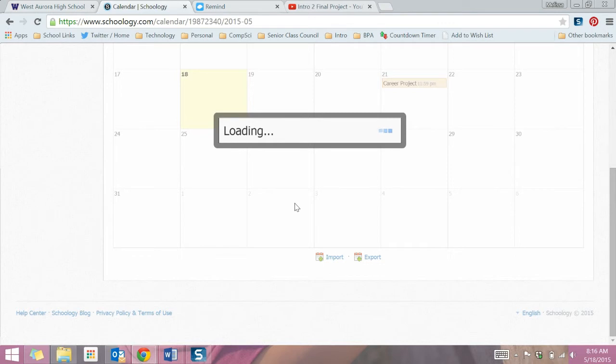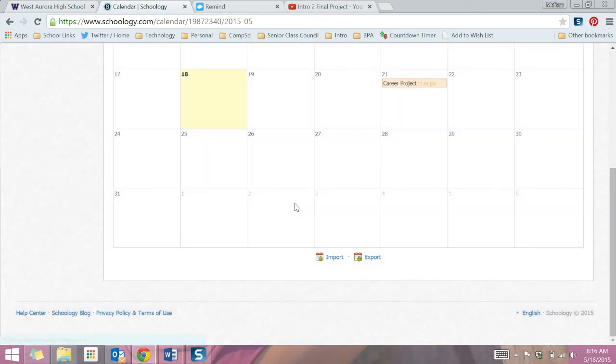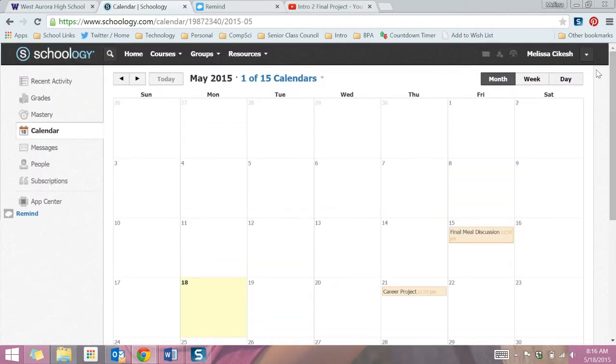Now the key here, and this is the mistake I made when I first started importing things, I clicked on import and nothing showed up. So as you can see, nothing shows up. But you also have to remember that I imported my entire calendar from August to May. So it's actually going to take a few minutes. So once you've done it once, walk away. When you come back after your next period or the next time you have a prep period, you're going to see your entire calendar